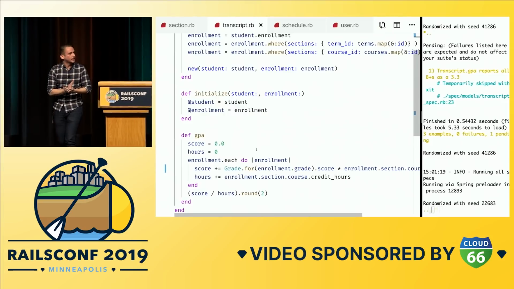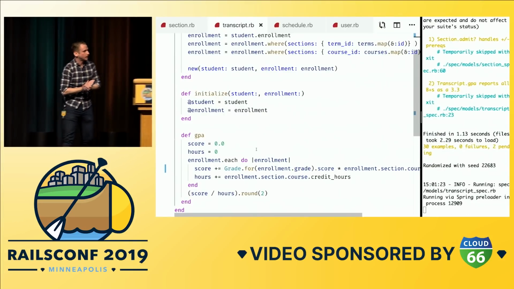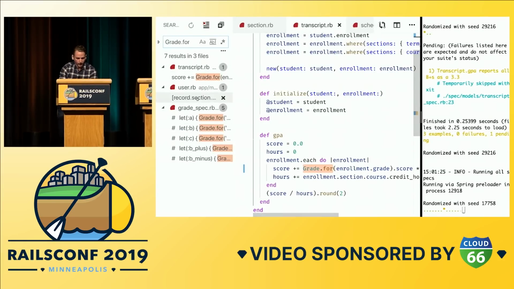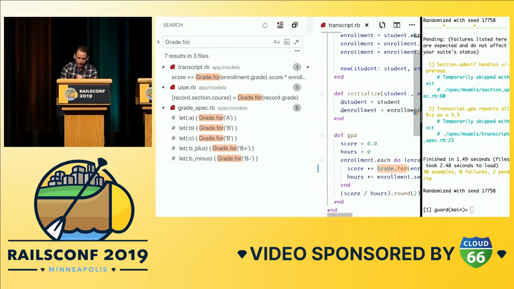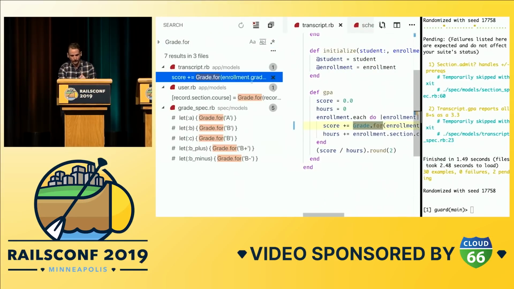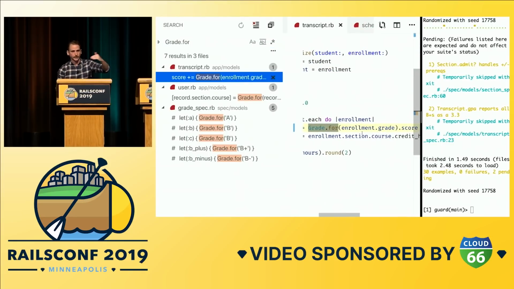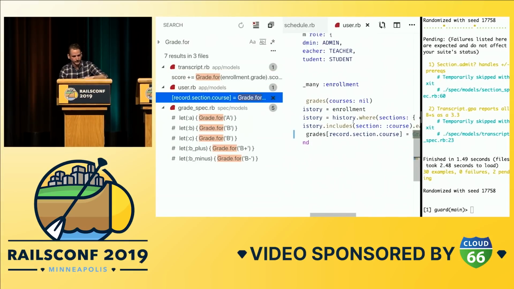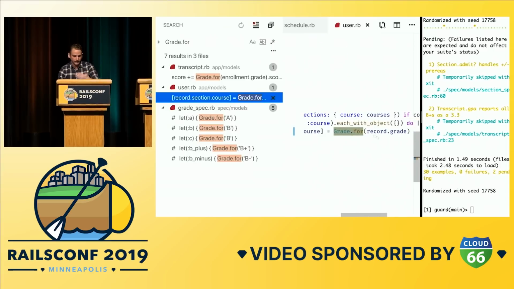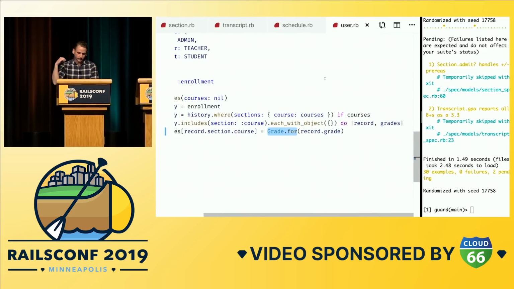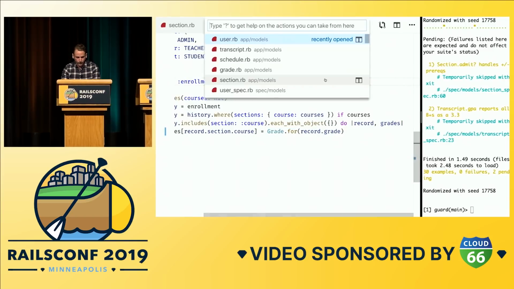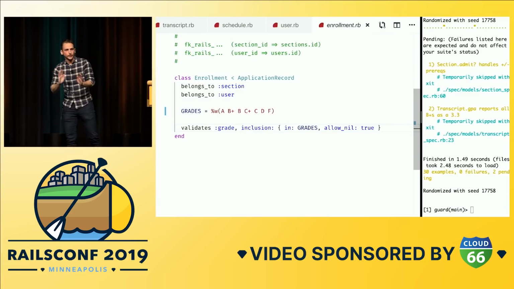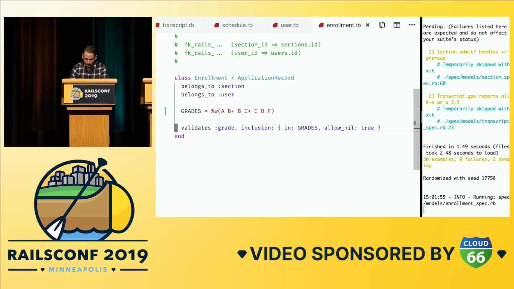So this is really good progress, but I think we're at kind of the hardest point and also one of the key points here. If we take a look across the application at the places that we are converting a string to a grade, it's happening in two places. Here in the transcript, we have an enrollment, an active record object that's giving us a string. And similarly, in grades, I pull the user's history, and it's still an enrollment record that's still treating grade as a string. If you look at that active record object, we notice that enrollment has its own separate notion of grades. In fact, comparing enrollment and grades together,